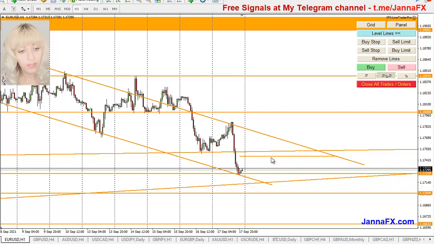So you see, that's the area I pointed out. Of that drop, if it will correct in some way here, this is where I will be placing my orders. So that would be the area. I'll be placing the sell pending order, expecting it to break through down to 117, and at the same time, if it decides to turn around and go for a bit better correction back to 118, that could also be a nice area.